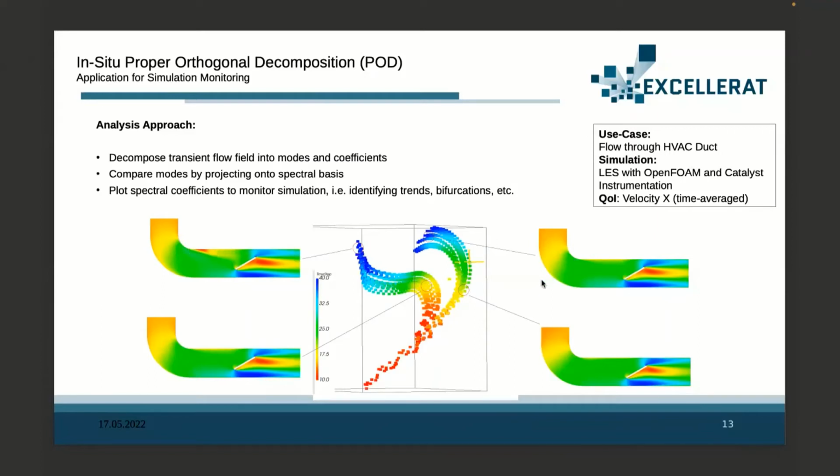And the interesting part, in my opinion, is that these branches can be identified quite early, at an early stage during runtime, even though from a visual perspective there's not really a difference between the flow fields during that time. So if we want to avoid a separation here, then we could abort all the simulations from the left branch and eventually save